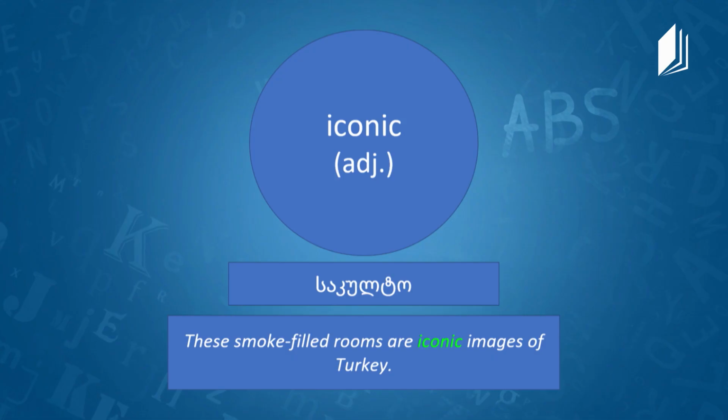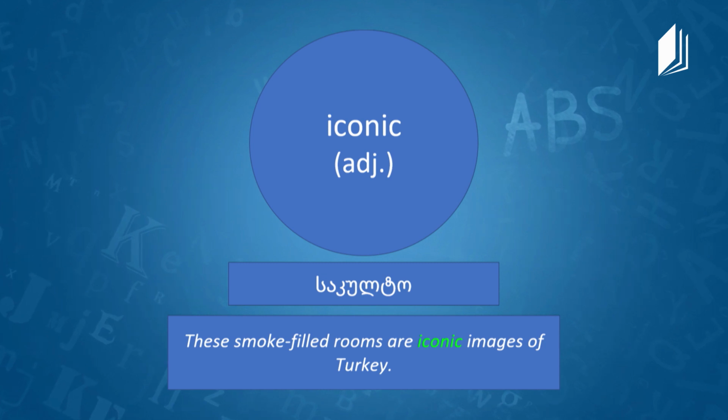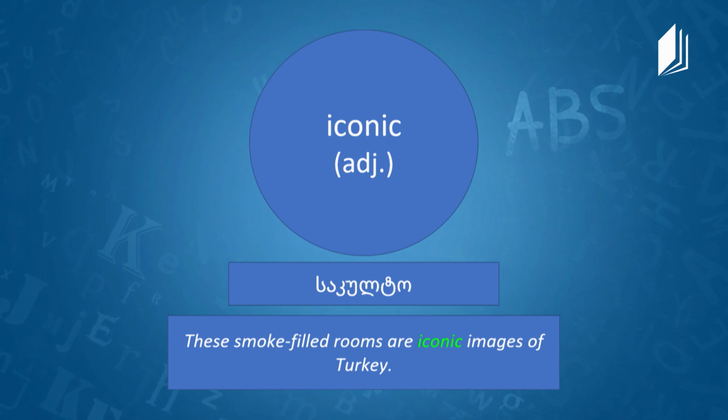It's iconic. Iconic is an adjective, and in Georgian it is საკულტო. Okay, and here we have an example. These smoke-filled rooms are iconic images of Turkey. So what is the definition of iconic, Mr. Daryl? Something that's